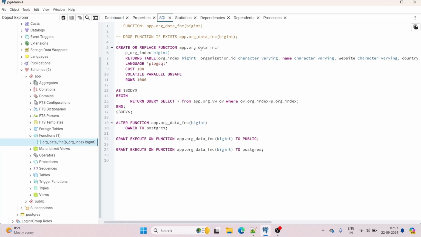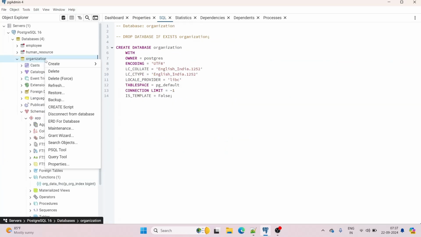This is a simple function, org data function, where we were passing the organization index, and it was giving me all the rows, all the details of that particular organization, right? So I was passing the organization index and I was getting all the details from this organization view for that particular organization, right? Now let me open the query tool